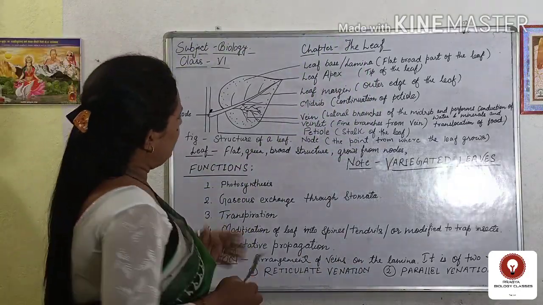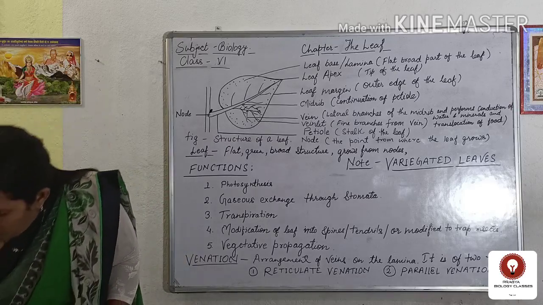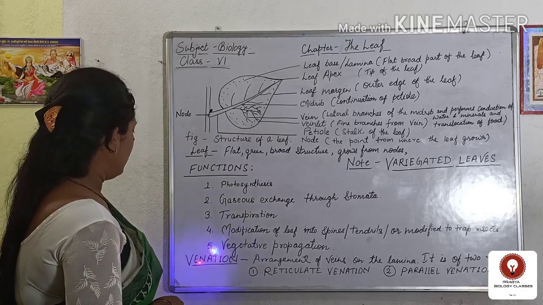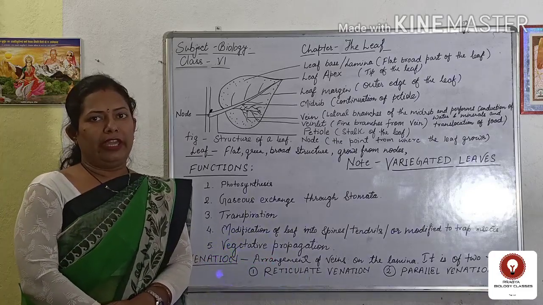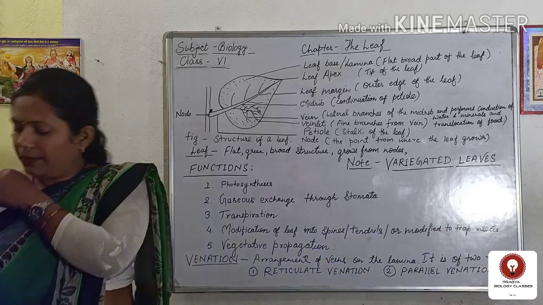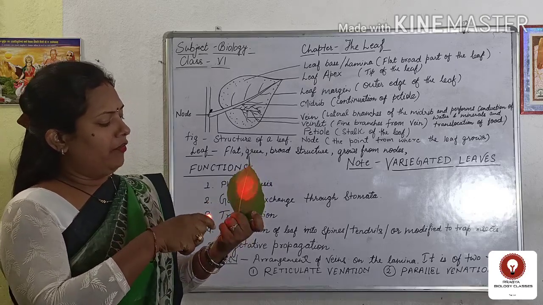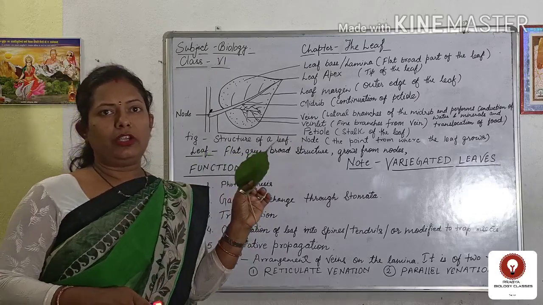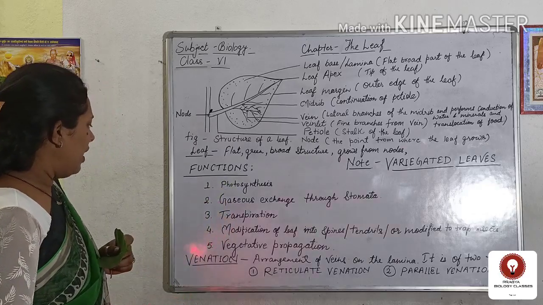So I have collected different types of leaves for showing you, and the one more thing that is left, I have to explain here, is venation. Venation means the arrangement of veins on the leaves. As I told you, on the leaves different types of veins are arranged differently. So I will discuss the arrangement of veins on the leaves, and this arrangement of veins is known as venation.